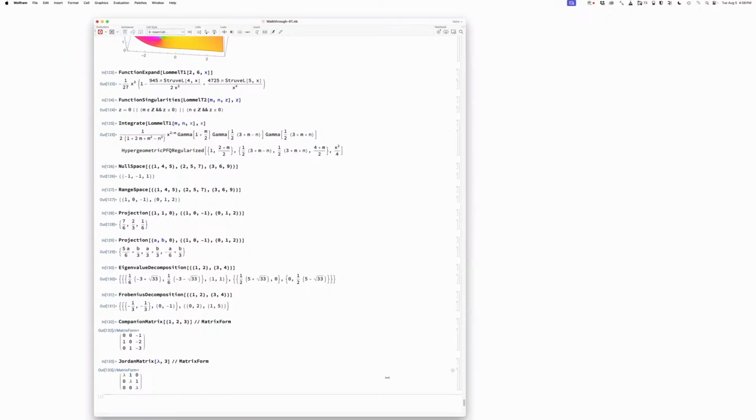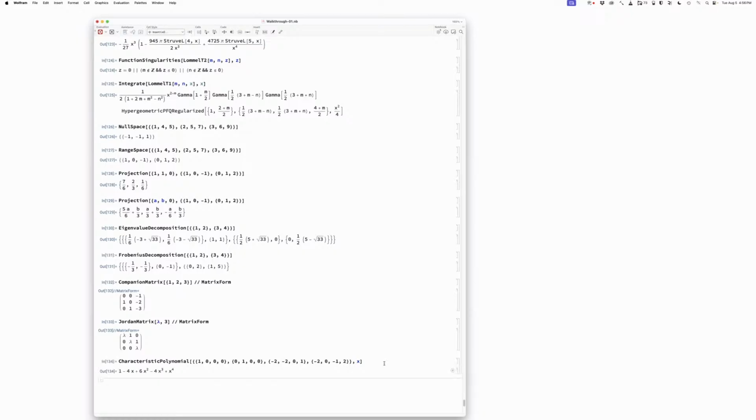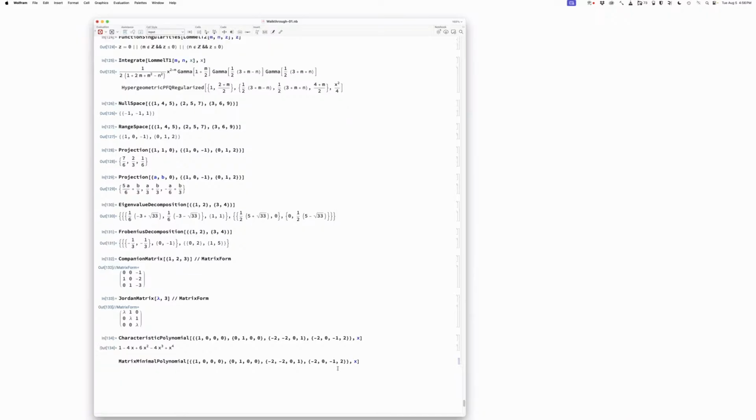So for millions of years, so to speak, we've had characteristic polynomial. Now we're adding matrix minimal polynomial, which is the minimal polynomial that sort of a polynomial special case. Let's see, it's the minimal polynomial. What does it give? That for which I see that the matrix satisfies according to the Cayley-Hamilton theorem, I think. Talking of the Cayley-Hamilton theorem,